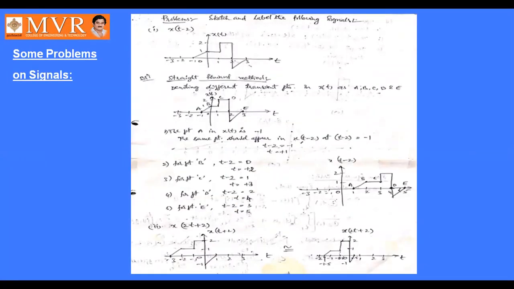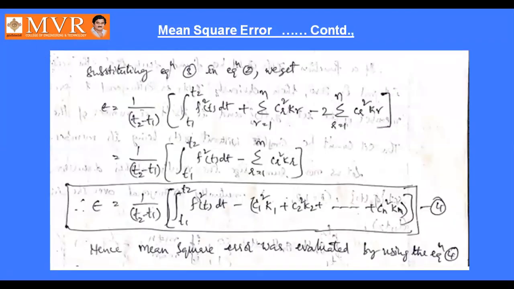And then in the next class we will see some problems. So with this today I will conclude the class. What we have discussed today: analogy between signals and vectors. We approximate one signal along with another signal. Similarly, approximation of one vector along with another vector, approximation of complex signals along with other signals. Then mean square error, energy of signals, energy of the vectors. All these things were discussed in today's class. In the next class, we will do some problems. Okay, so I am concluding the class.